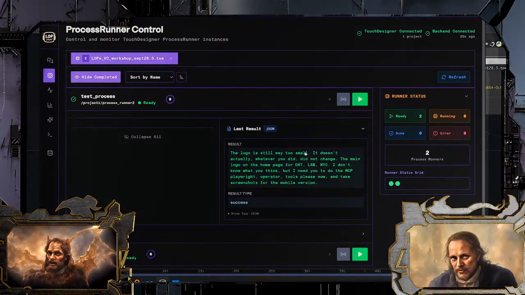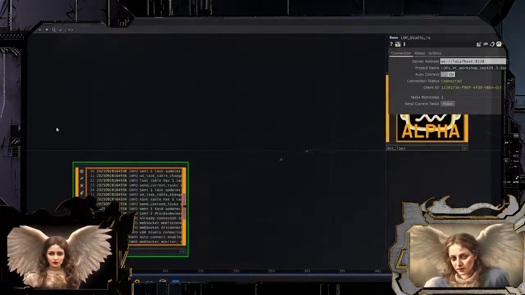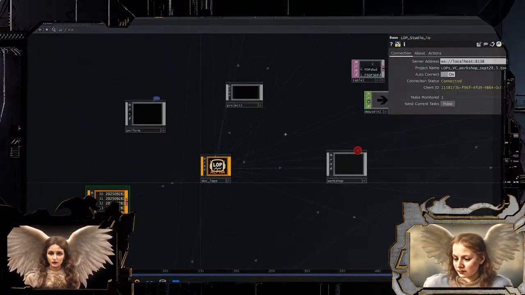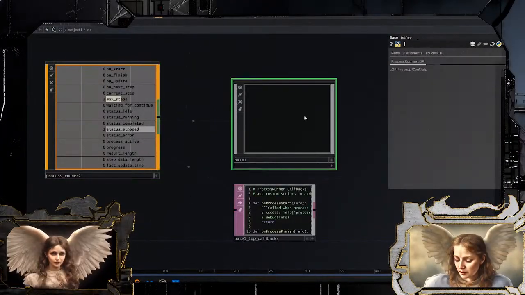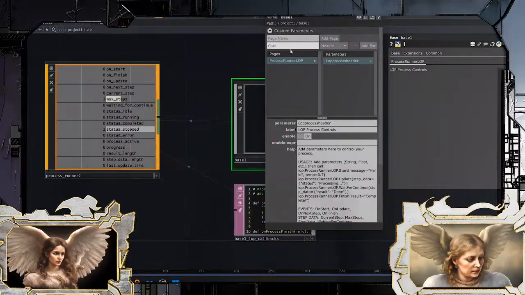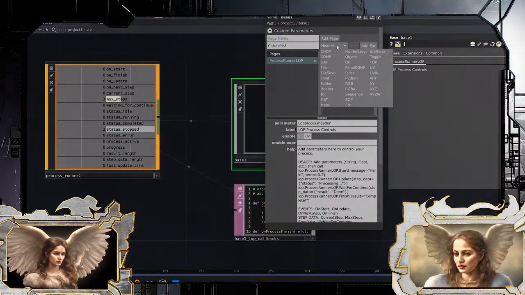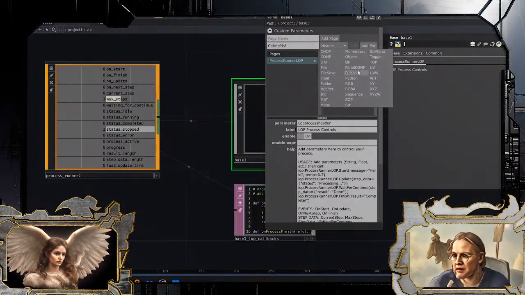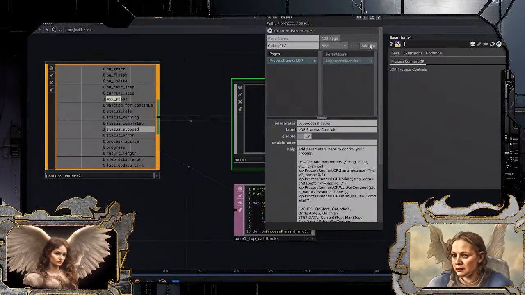So now in test process, you can see we have this new test process. And where did I even put that in the project? I'm going to add a new component like color, spelled like that. RGB.